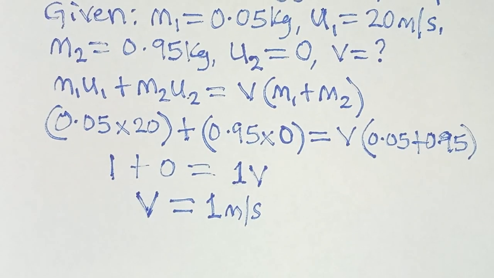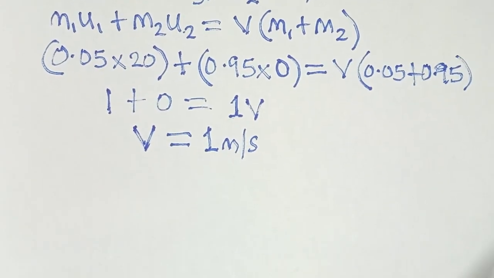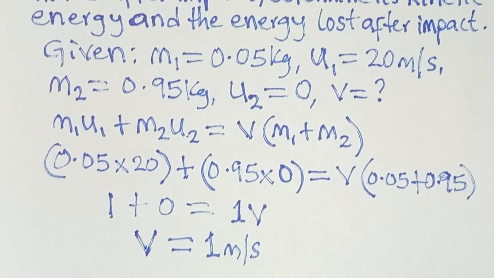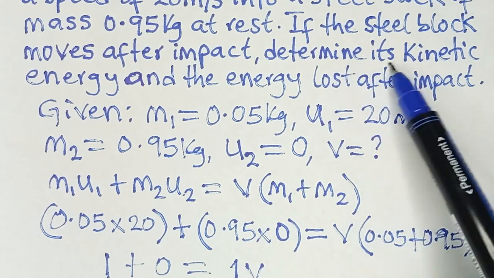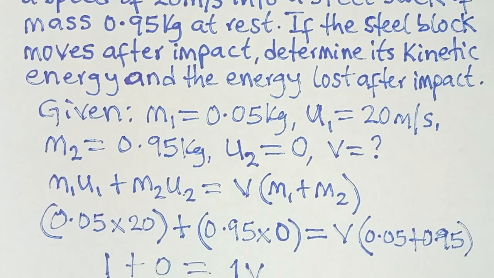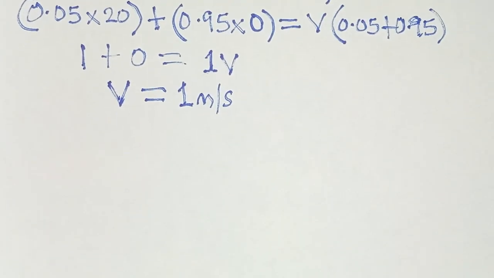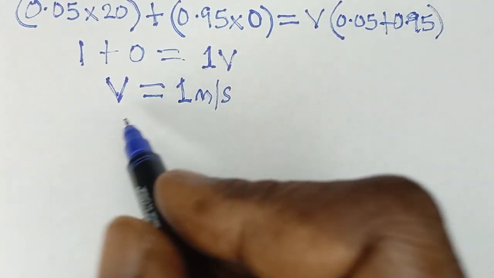That is the velocity of the block and the bullet after the impact. Now we're asked to find the block's kinetic energy. Don't forget that is what the question asks us to find first. Determine its kinetic energy. So as the block moves along together with the bullet, the formula for that will be